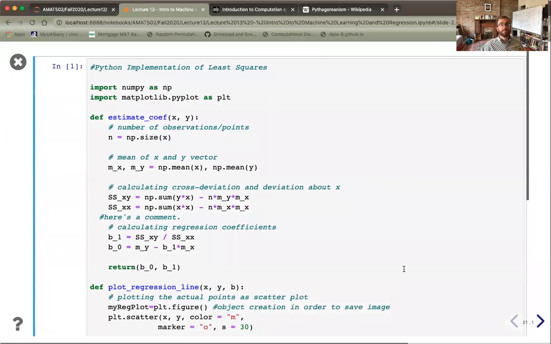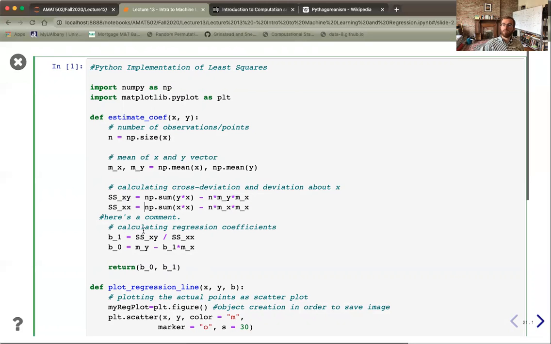So let's go ahead and implement this and plot it and see how this looks on various things. You'll see here that I define a function called estimate_coefficient. And here I use my NumPy methods of the mean of x and the mean of y. And now I compute these cross deviations, which is just the deviation across y and x for each of these values. We call that SS_xy and SS_xx. So those are my top and bottom.